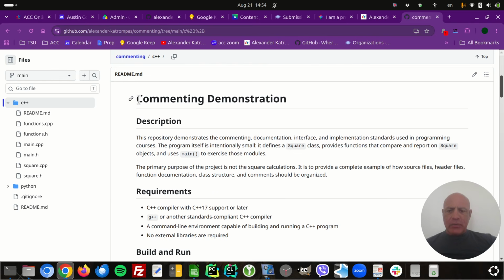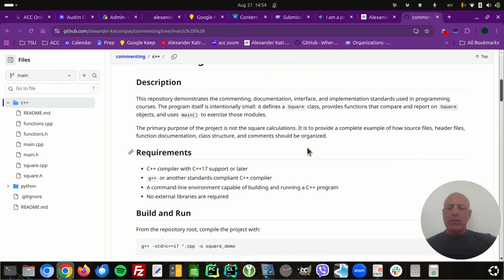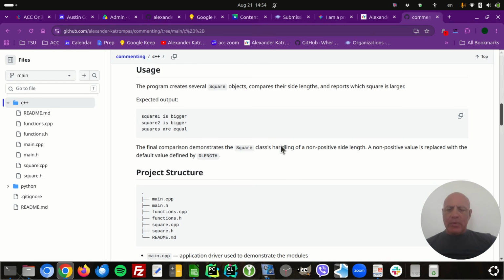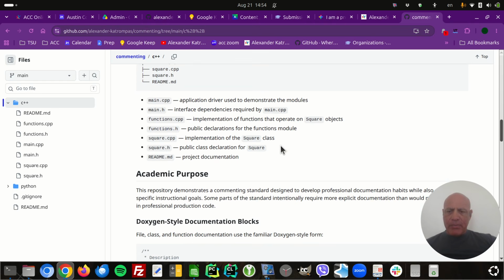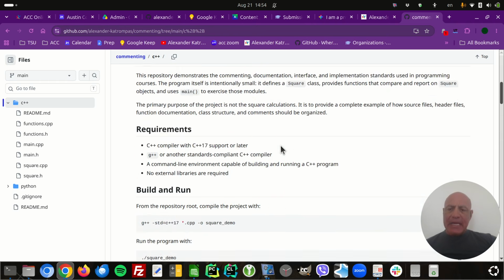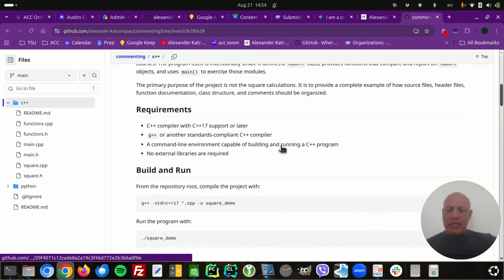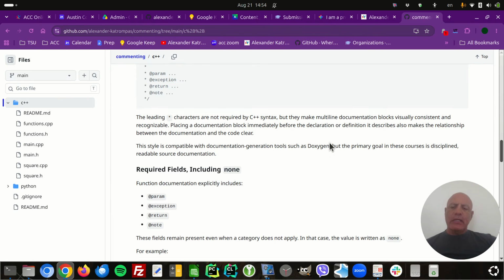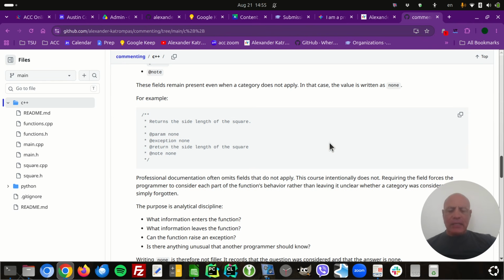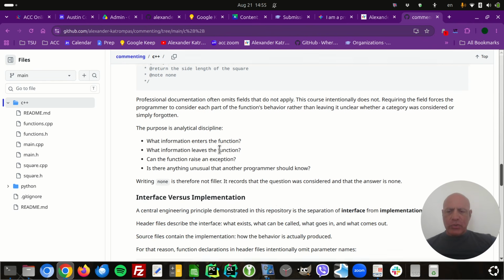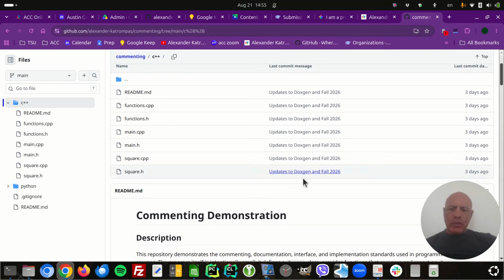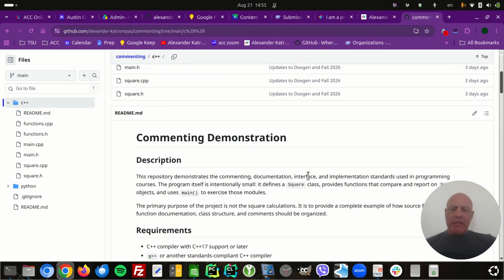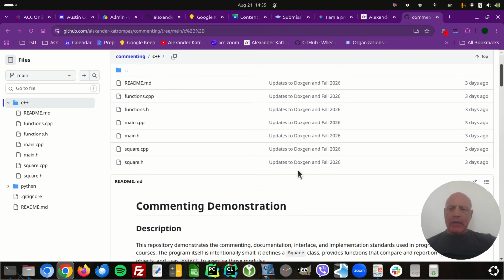You should also read this README file very carefully, right? It tells you everything about what a proper README file looks like. You're looking at a proper README file that is explaining the repository, but it's also explaining why we're doing this academically. So you should read that yourself to make sure that you understand it. A lot of the questions you have will be answered if you just go through and read this README file. This README file has two purposes. It's showing you what a good README file looks like, because you also have to do that in coursework, but it's also explaining why we're doing the commenting the way we're doing it, what the purpose of it is.